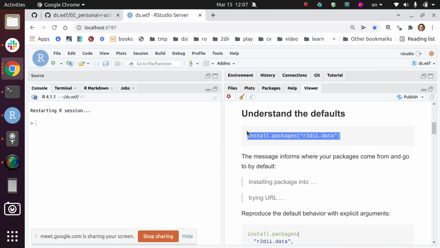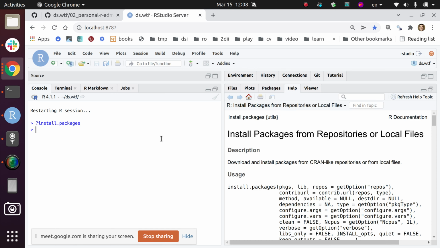So install.packages comes with a bunch of arguments. You could retrieve the help file with a question mark as usual. I'm going to use tab completion here to quickly complete the function name and get the documentation of install.packages. This is a function that we use all the time, and we rarely stop to read what it does. Packages is kind of straightforward. If you want to install the package r2ai data, you would do something like this,